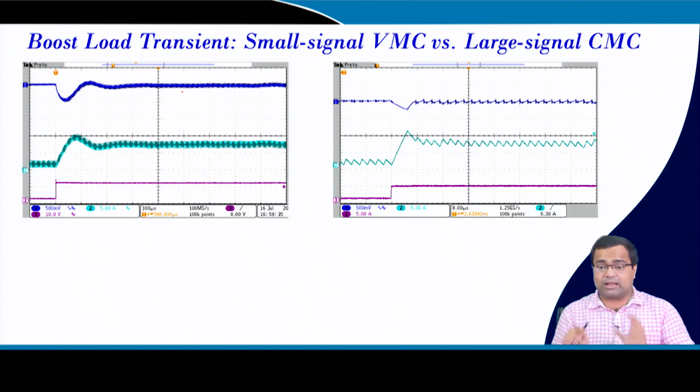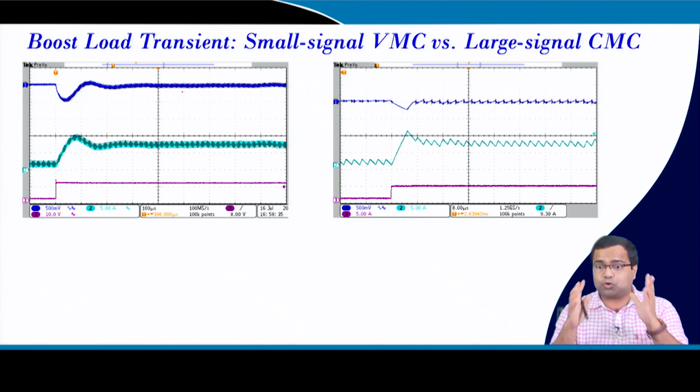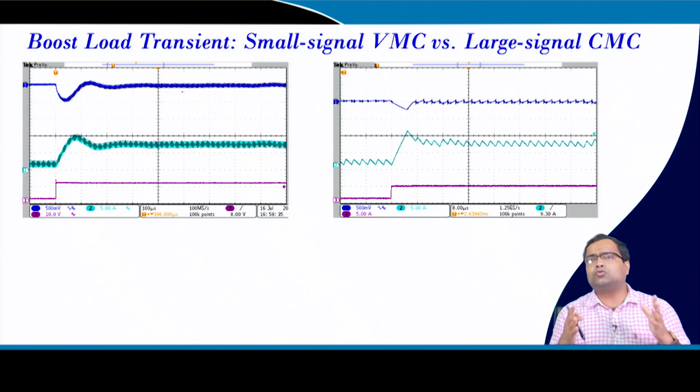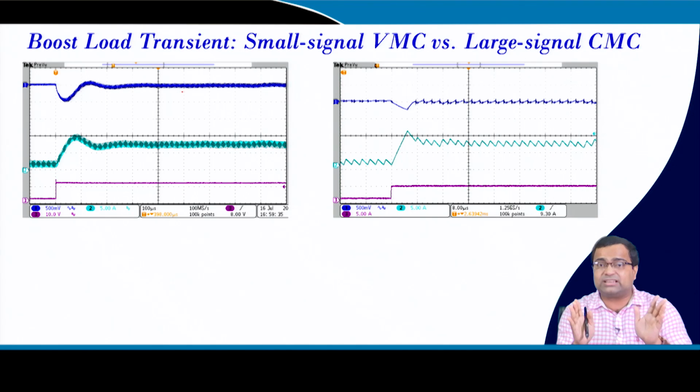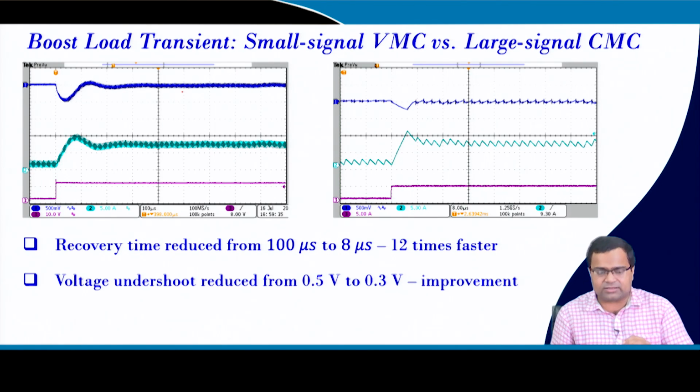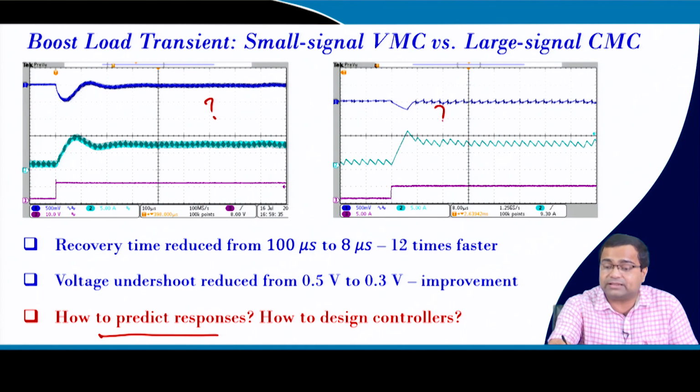So, the question I am asking: there is small signal based design, and one of the objectives of this course is to show that in future control we will see more large signal design, where we want to improve the performance many fold. But we are not going to change the modulator; the modulator remains the same, and we will show that the current mode controller will also structurally remain the same, but the philosophy of design is different. So, you can improve very fast, but the question is how to predict this response.